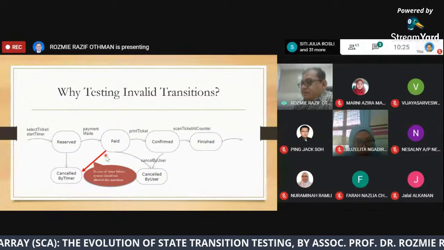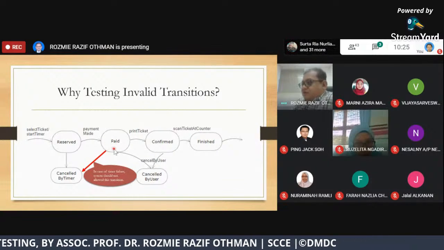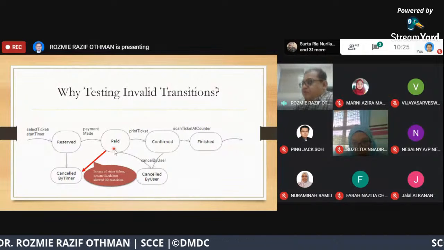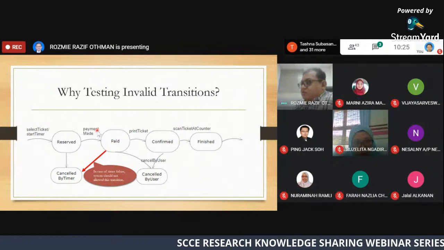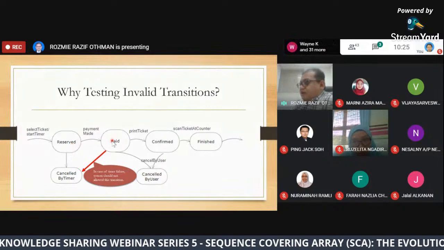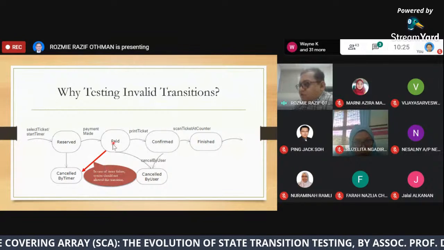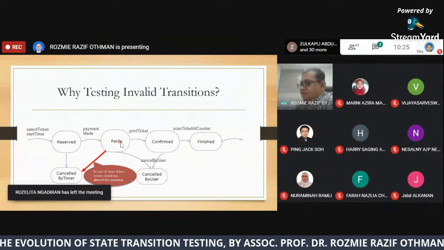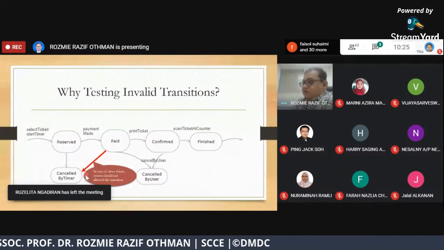So as a tester, we need to test this kind of possibility as well. Previously, when we tested payment made, we assumed that from the reserved state it should go to the paid state. Now we want to make sure that from the paid state, we don't go to the cancel by timer state. This is what we call negative testing.